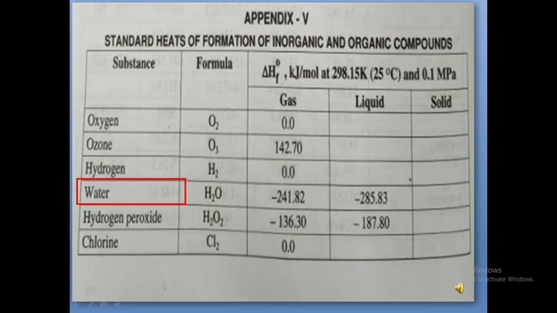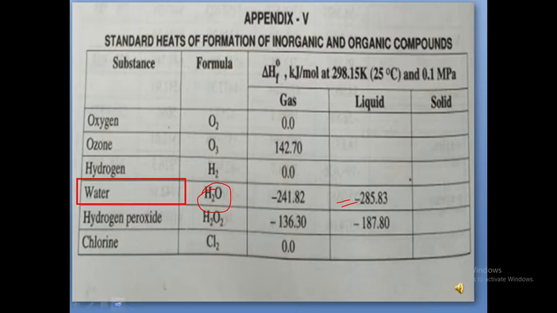Okay. So what are the components in our problem? One component is water. Always we will consider the state of aggregation of the component. Why? Because whether it is gas, liquid or solid is very important. Based on the state of aggregation only, we are going to collect the standard heat of formation data from the table. Water is in liquid condition, so the value is minus 285.83. Are you clear or not? Okay. This is the water standard heat of formation data.